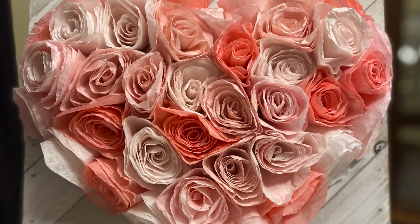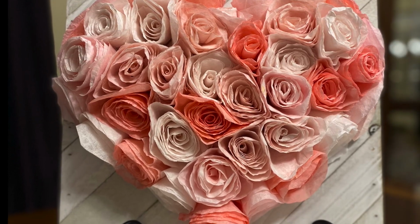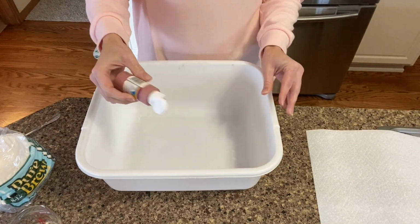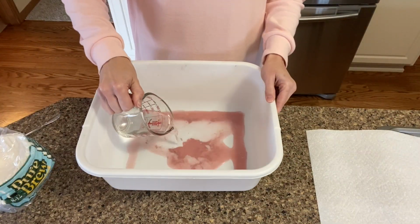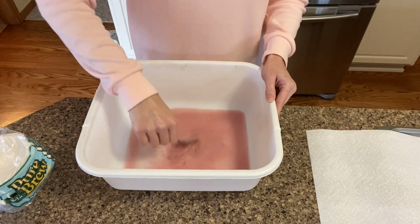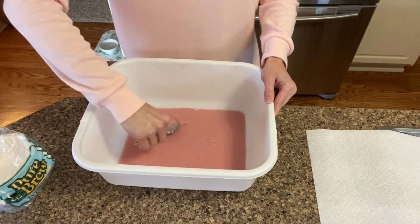Next, we'll be making this beautiful rose-filled heart. So the roses that we will be making are made out of coffee filters. And so in order for you to get the different colors, I wanted to use various colors of